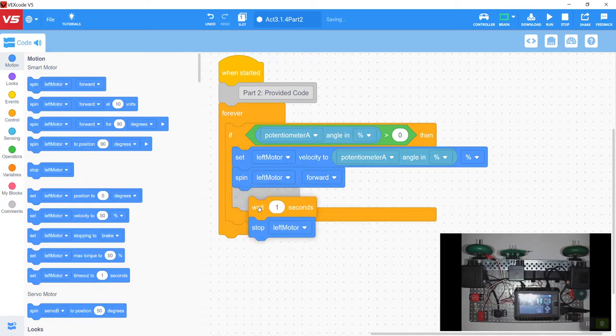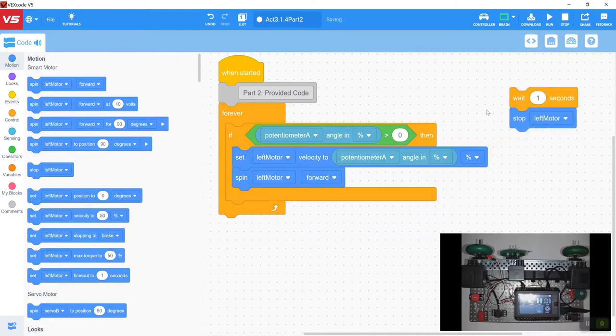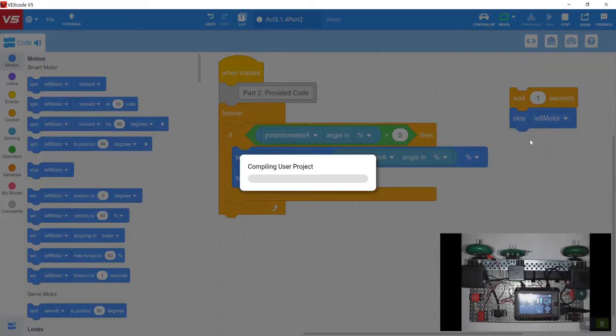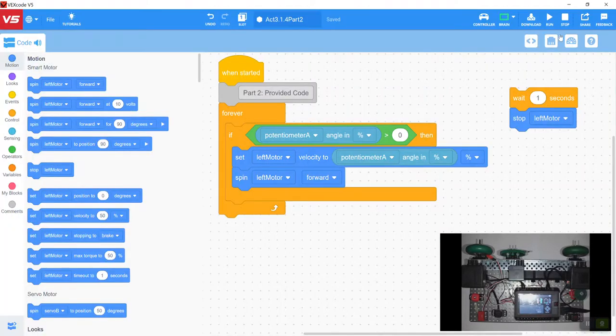I'm going to make one little change just to show you an effect here. I'm going to grab these two blocks and just set them aside. The wait 1 second, stop motor just gets thrown to the side. I'm going to re-download, and I want to show you the effect of this. So I'm going to hit run, and if I go ahead and turn on my potentiometer,